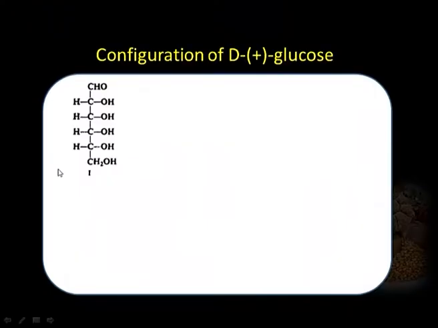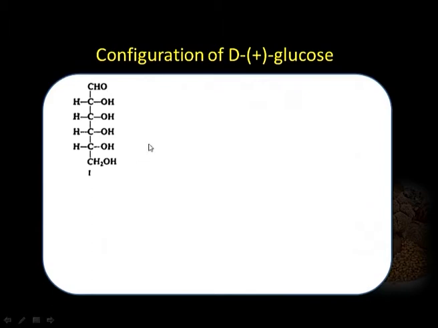Out of the 16 possible stereoisomers, there will be 8 pairs of enantiomers. Fischer took those configurations in which the configuration at the lowermost asymmetric carbon atom, that is carbon number 5, is kept on the right side. He did this because glucose was correlated with glyceraldehyde, and dextrorotatory glyceraldehyde was considered at that time to be the one with hydroxyl on the right side. Although it was an arbitrary decision at that time, the configuration of glyceraldehyde was not even confirmed.